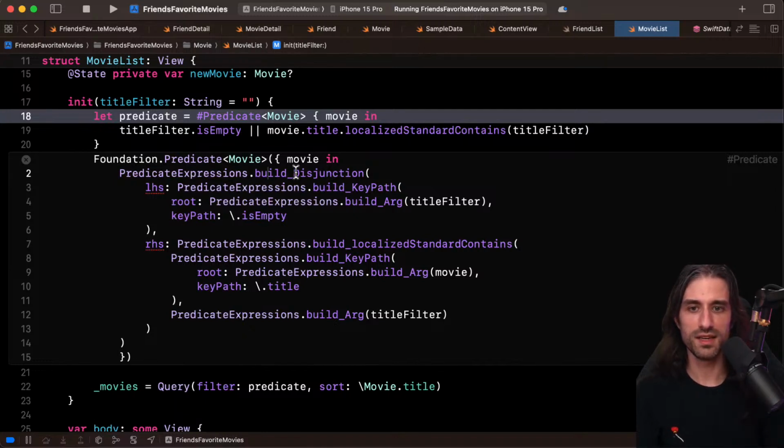And so you can see it's a disjunction. On the left-hand side, it's a key path, and then the fact that it's empty. On the right-hand side of the OR, of the disjunction, it's calling localized standard contains, and then it gives the argument to call it. So what's interesting is that this here under the hood probably gets translated into native functions of SQLite, for instance, so that it's easier